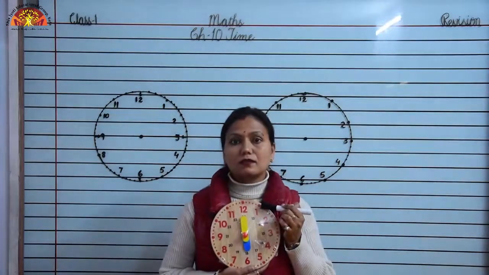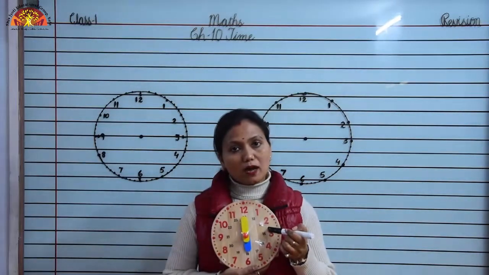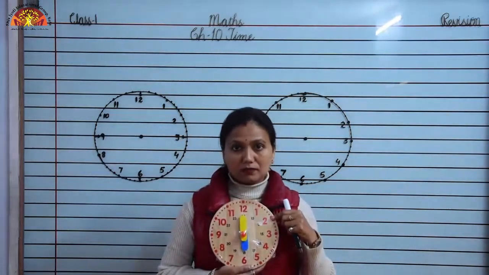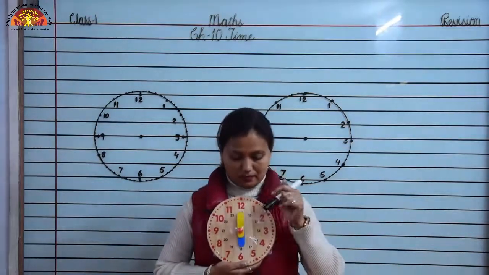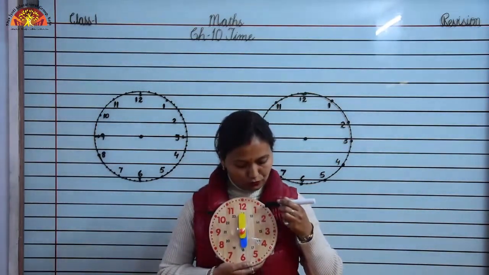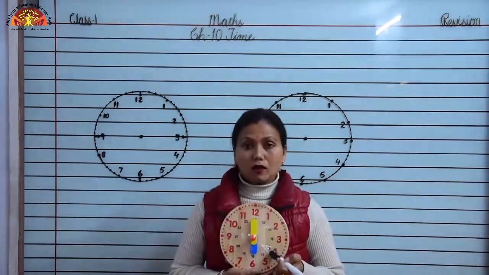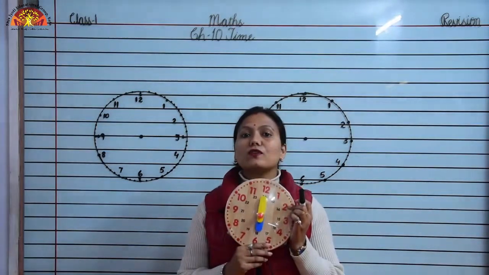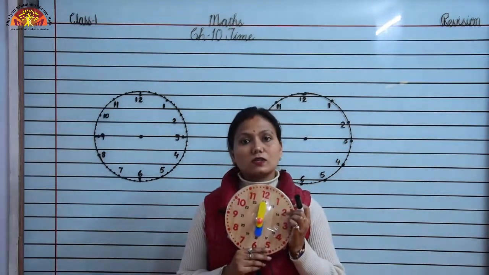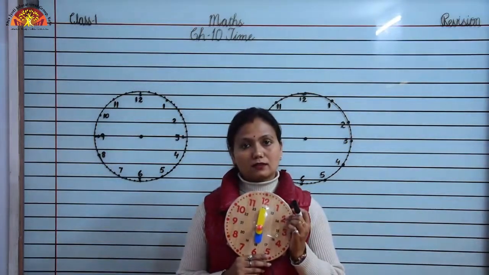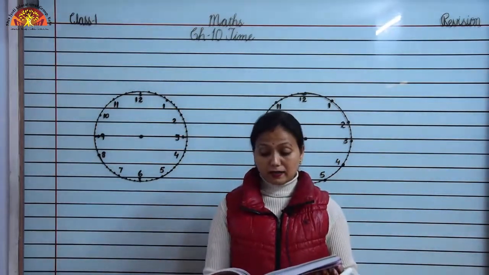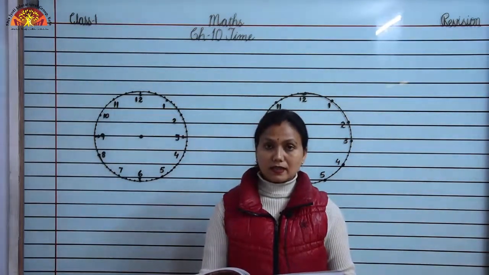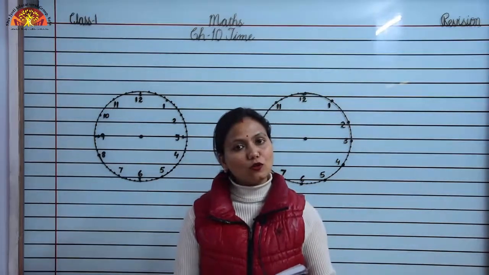Big markings denote hours and small markings denote minutes, and between two big markings there are four small markings, as you can see 1, 2, 3, 4. A clock completes two circles in a day. So we call it as one day is equal to how many hours? 24 hours, right? So the hour hand has to take 2 rounds, right? 2 rounds in it, and a day is divided into 4 parts.